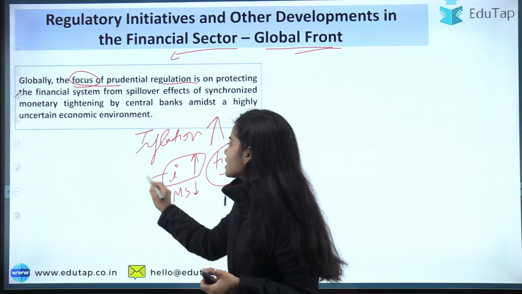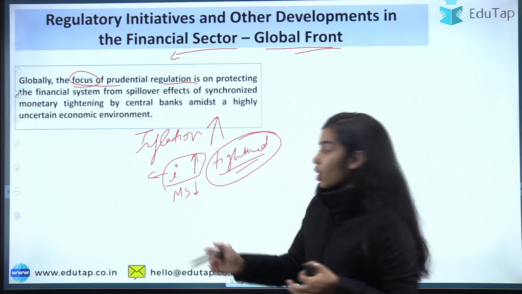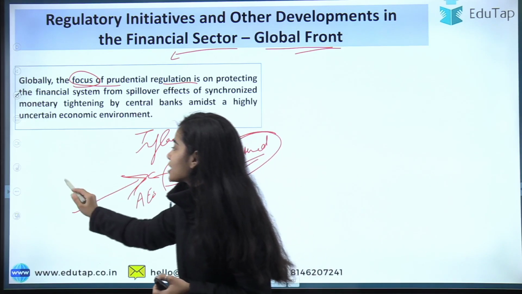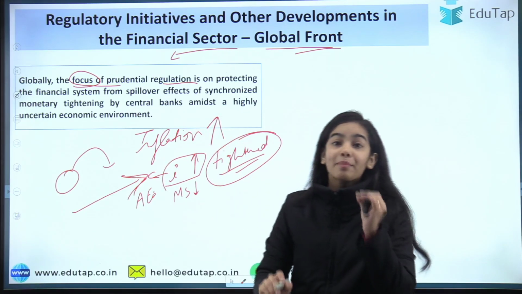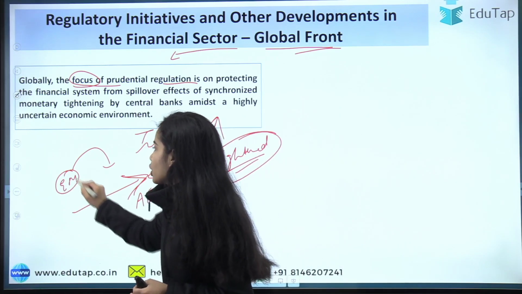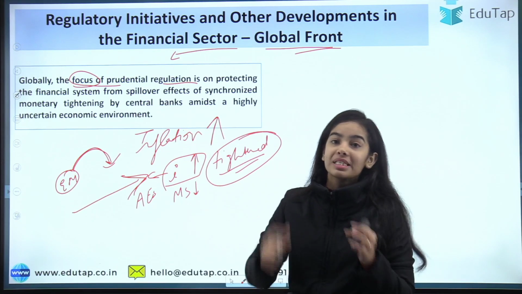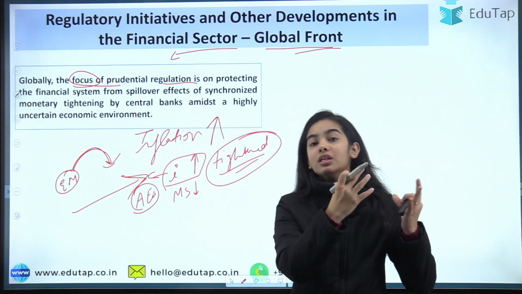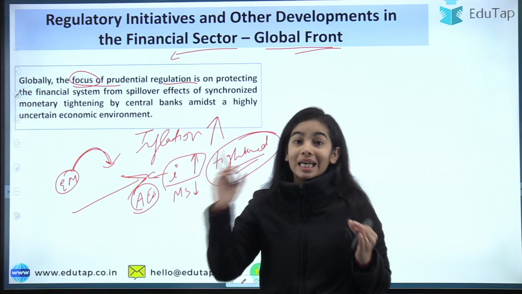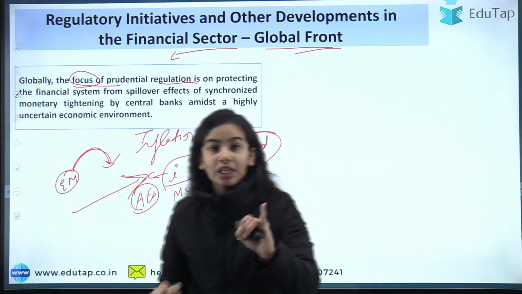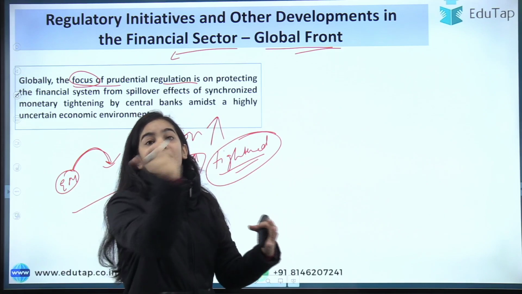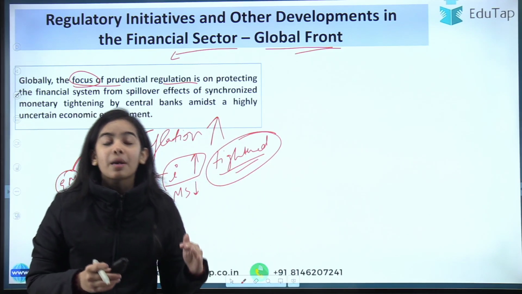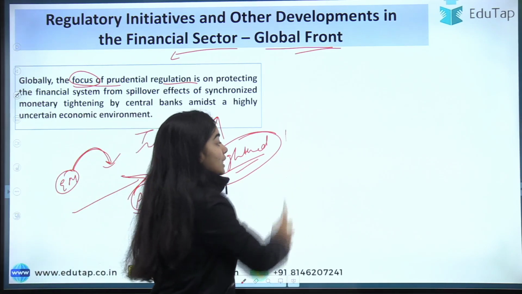So when the interest rate is rising very fast in the advanced economies, the capital flows to the advanced economies. That is, the money is going out of the emerging economies, the developing economies. So you can understand that the capital is flowing out. The tightening of the global market is happening, due to which the money is going out, and there is much volatility coming in the financial market, as well as currency volatility